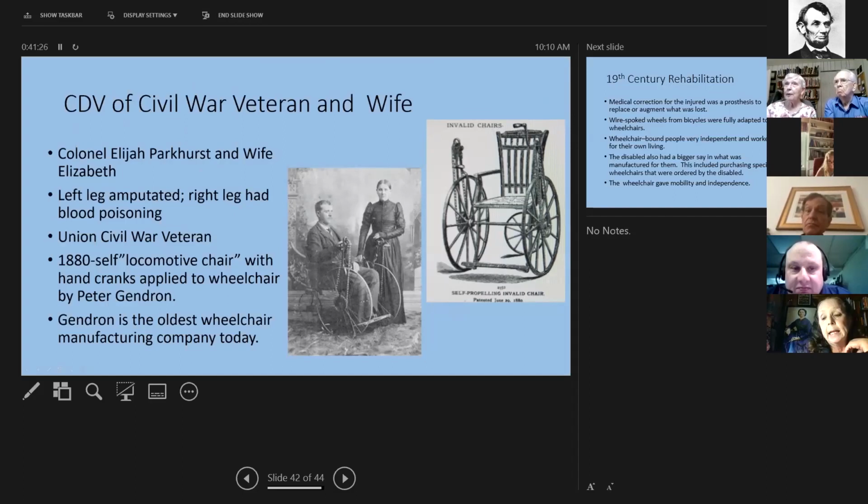And he was a Union Civil War veteran, and in 1880, he purchased this wheelchair from Peter Gendron, who started the wheelchair business in 1880.